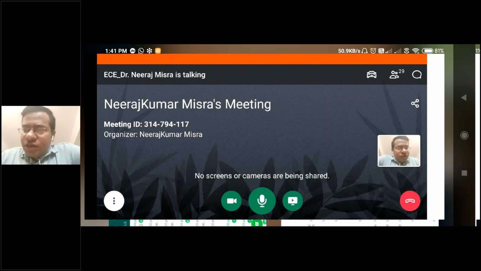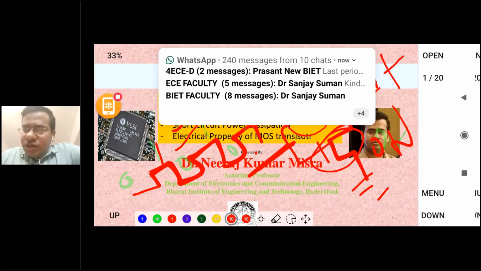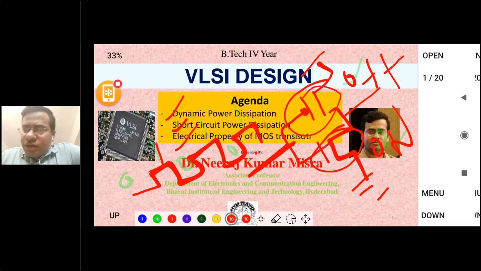Okay, so that means if the transistor changes its mode, like on state or off state, at that time power is dissipated in the circuit. So that is one thing: your dynamic power is based on the input condition. Your input is changed, your transistor behavior is changed, your transistor is sometimes on, sometimes off. In that stage, your circuit dissipates some power. That is known as dynamic power dissipation.